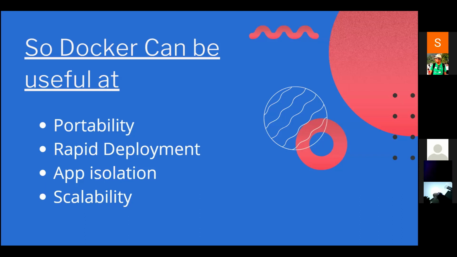So you can run the application on the three branches, and this is the reason you can increase your scalability as well. As and when you require, you can create a Docker container, or you can remove the Docker container as well. You can start, stop, or remove that, or you can create a new Docker container. So Docker provides scalability as well.